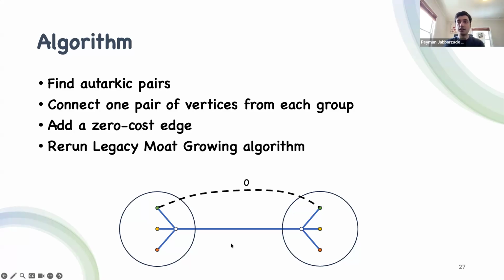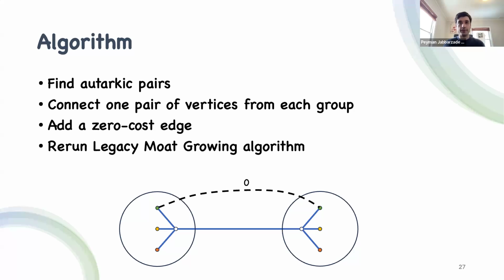We buy the path between them, and it means that we add it to our solution. And after that, since there is a path between them in our solution, we can assume that there is a zero cost edge between them, and then we rerun the legacy moat growing algorithm again.